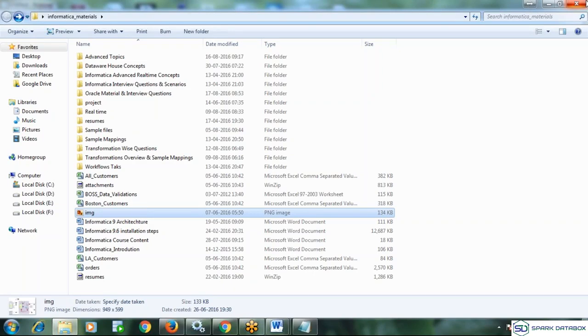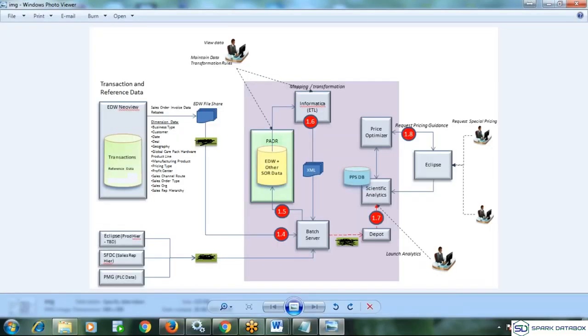So Ravi, in real-time scenarios, will you be mostly working with flat files, or how does it work? Here, in my application, I'm not working with flat files as an ETL developer. They provide the data in a flat file, and that flat file is loaded into one database, and from there I am picking. In some organizations, as an ETL developer, I only need to pick the flat file and load it into one staging database.